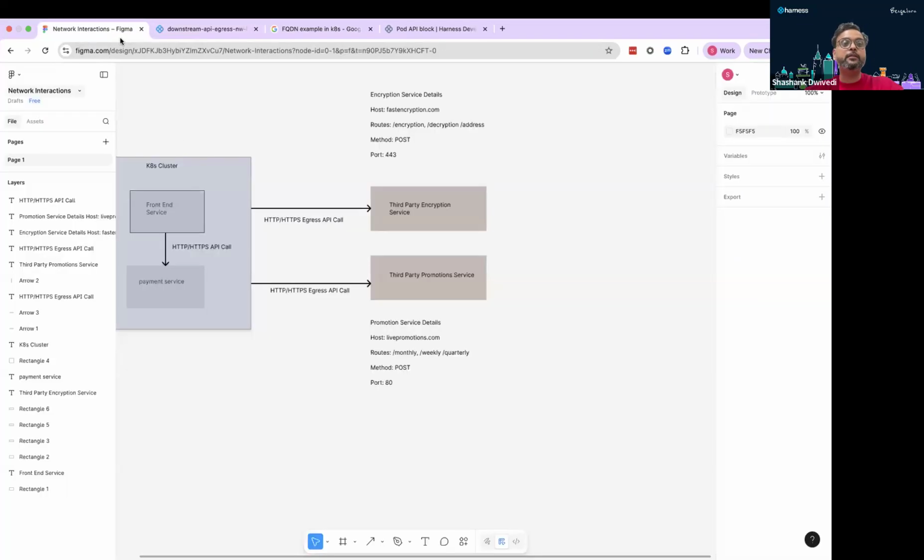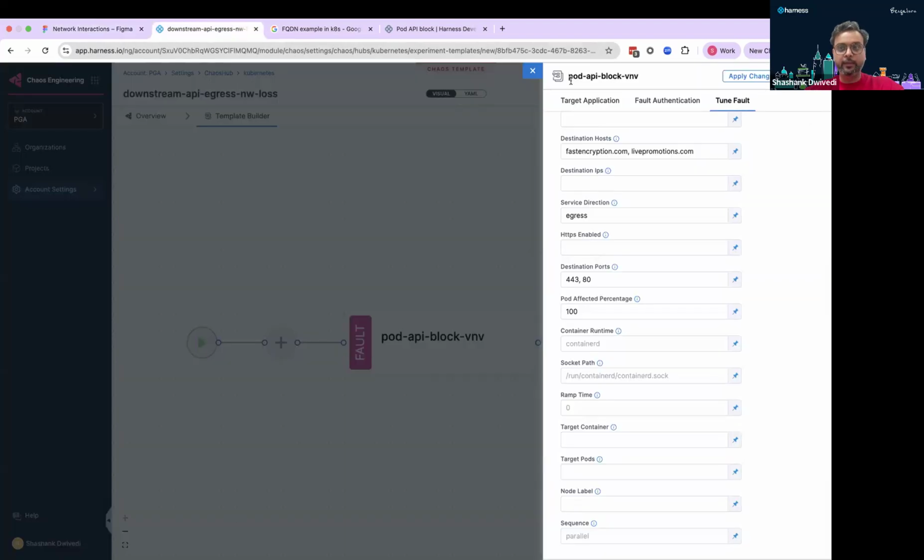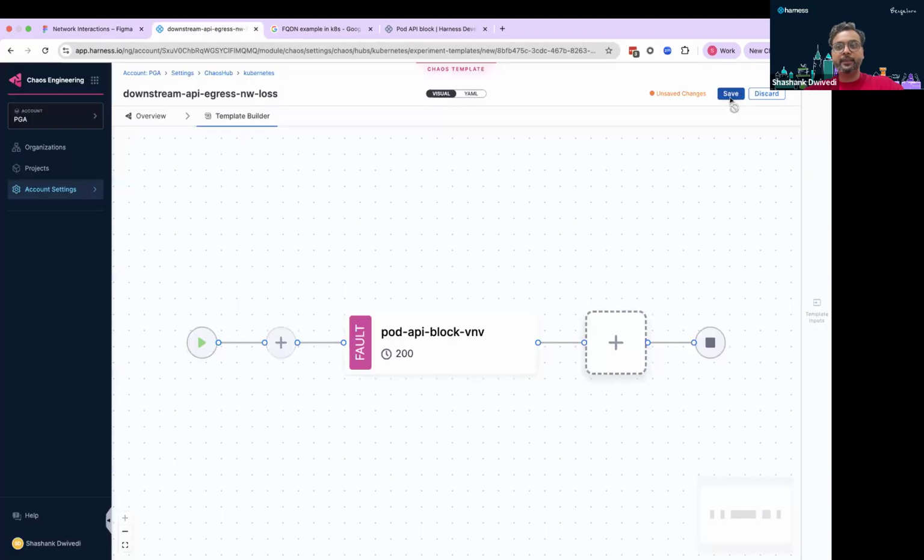What does egress mean? Where the front end is sending a request to third party encryption. Now let's say that this front end also would be receiving some request from outside world or inside world. And now if you want to block ingress traffic, then how do you do that? So for that, we will create another template,